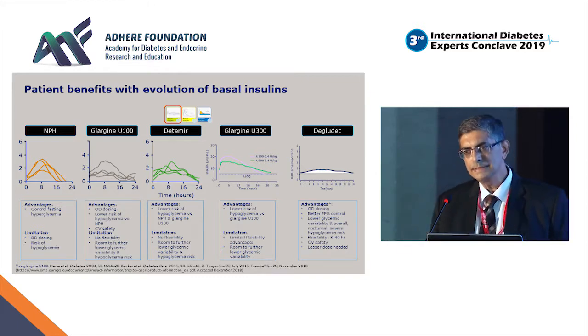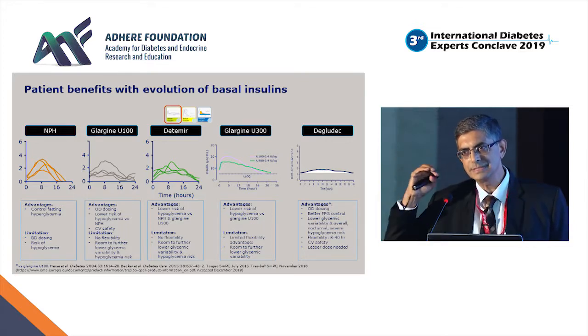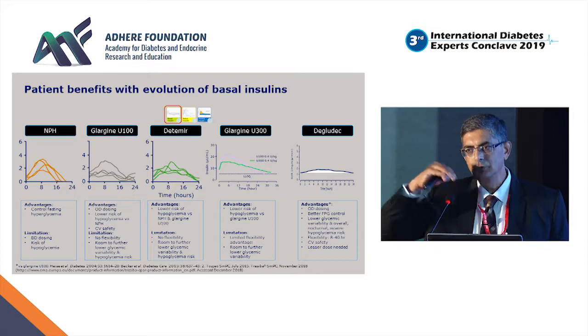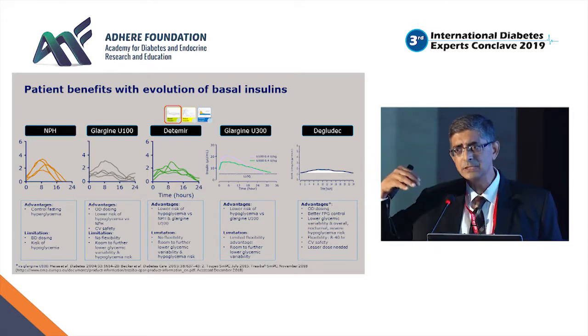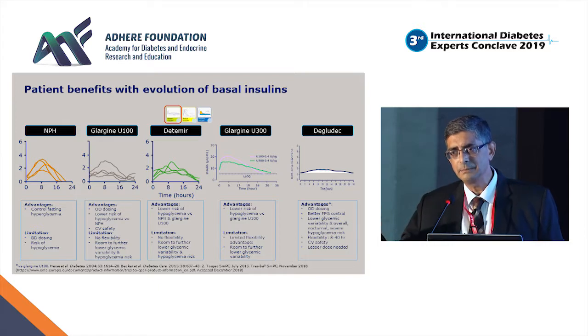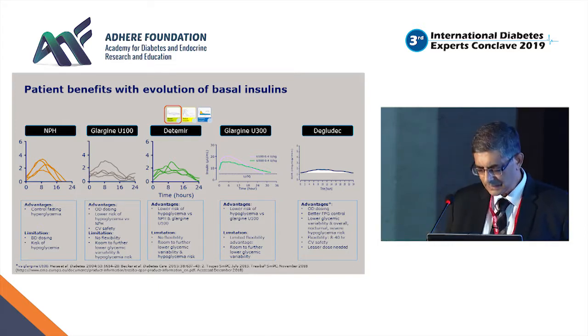The advantage of using degludec is that dose stabilization occurs about 72 hours later, and you get a lesser amount of variability. That's how the peaks are much lower and the hypoglycemias become less. You have a distinct advantage of using